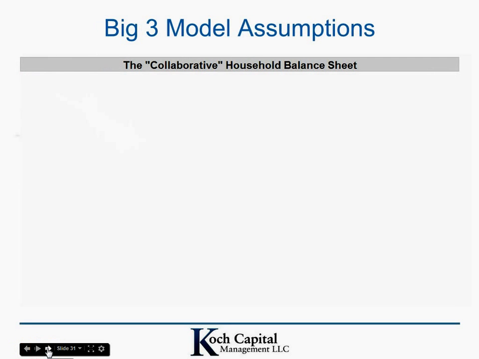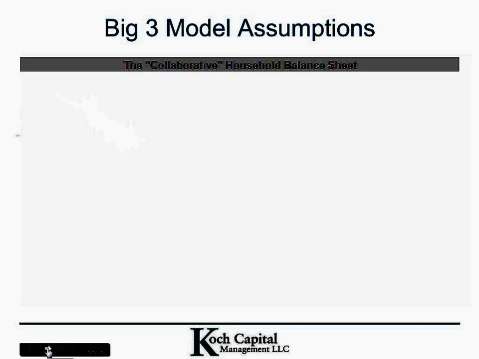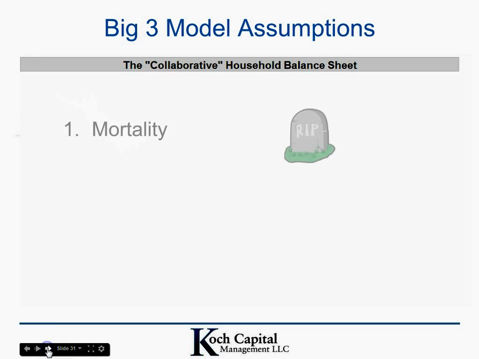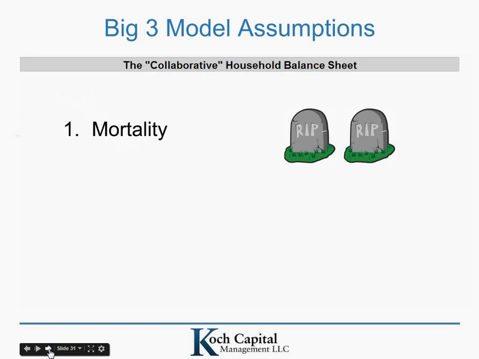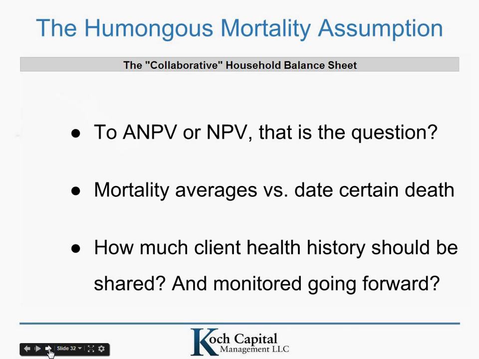Okay, like all applications and models looking out in the future, there are some really big assumptions that we have to deal with, and by far the biggest one is mortality. When are you going to die? And for couples, when both of you are going to die, in what order, and in between. And a couple of things to think about with this approach is